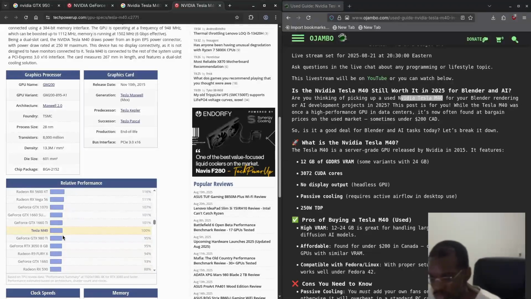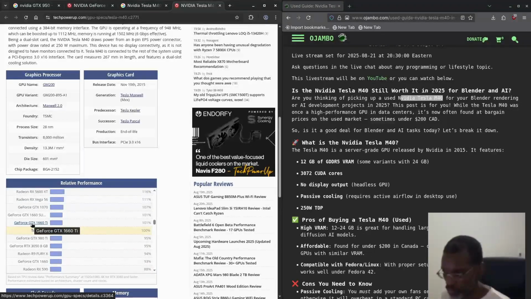So for example here, if you look at this, you think, oh wow, instead of getting this Tesla M40, what I should get is like the 1660 Ti. That's actually true, depending on how much RAM it has. And for example, here they have the Vega 56 and RX 5600 XT. Now, if I was gaming again, yeah, this is true. All these cards would be much better. But the problem, as I said before, is that all these cards here have very little VRAM compared to